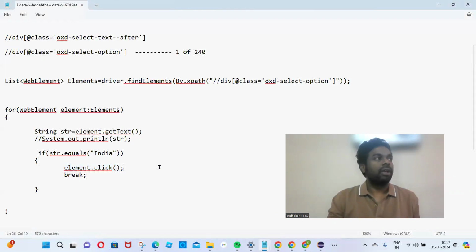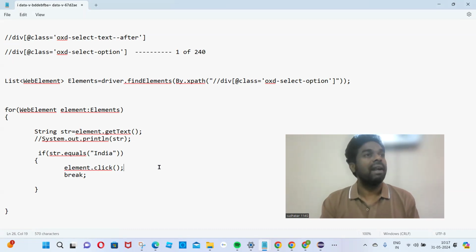In the interview, people will ask this question: how do you handle a drop down if it is other than the select tag? This is the main line of code we have to write. List of web elements is equal to,